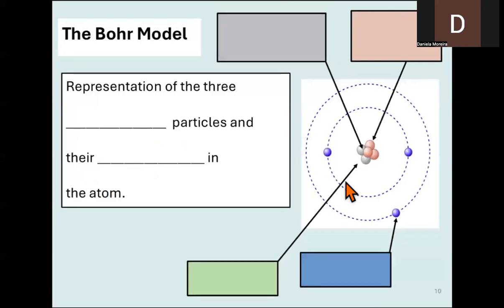So let's get to it. The Bohr model. The Bohr model is a representation of three subatomic particles and their locations in the atom. There are two large parts. The first one is the nucleus,